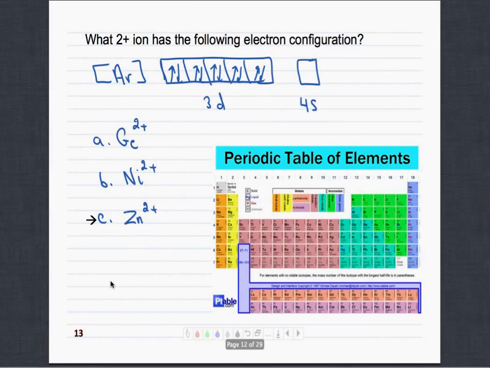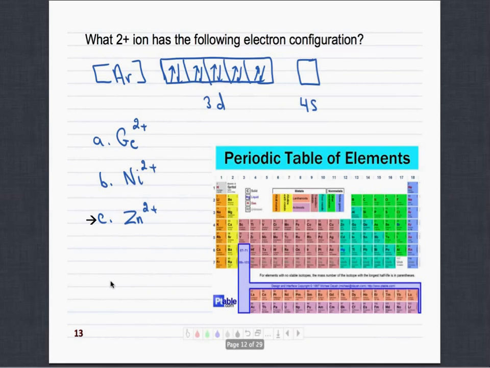C for 74%. C is the right answer. So in this question, you have 2 ways to solve it. The first way: what 2 plus ion has the following electronic configuration? That means this is the configuration of something that already lost 2 electrons. That means if I want to know the electronic configuration of the neutral atom, I would add 2 electrons to